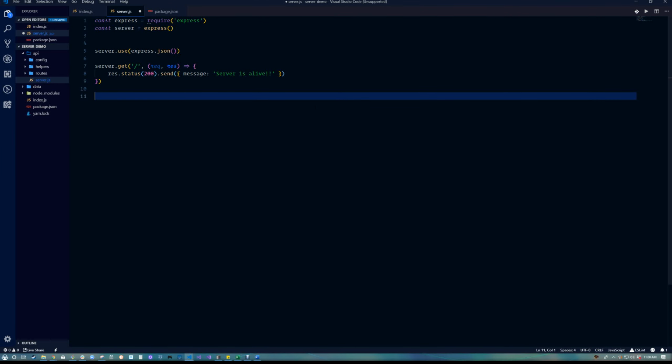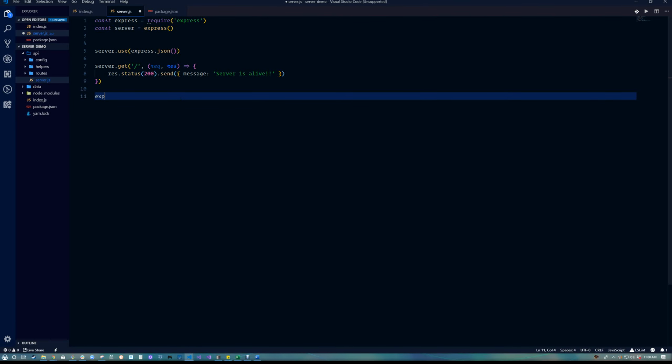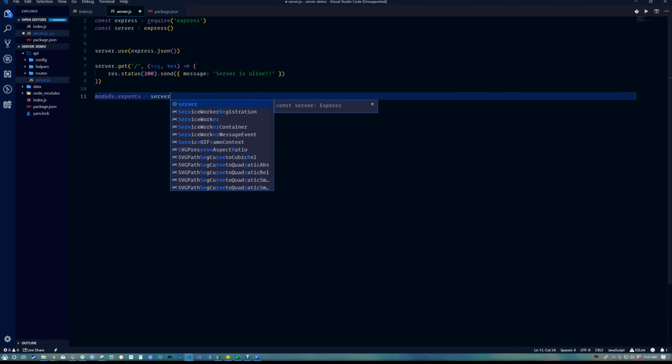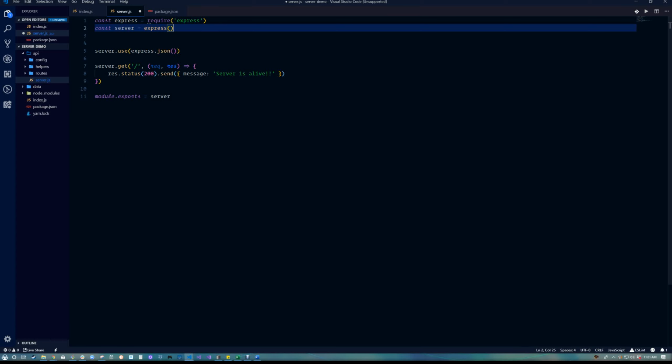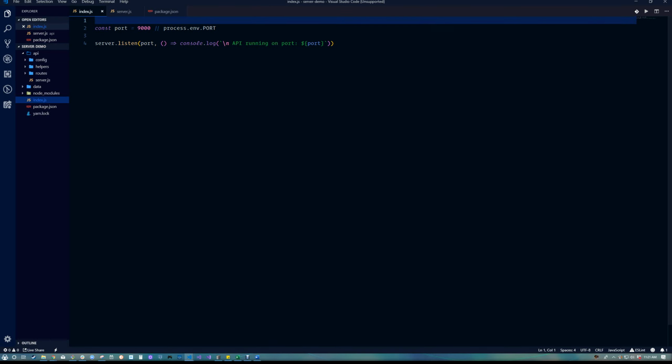So in order to fix that, what we want to export is server. We defined it up here, and we attached a few things to it. We attached the use method over here for the express.json. We attached the get over here, the get request. And so now we need to export that server. So we're going to say module.exports equals server. So basically, like I said, we defined our server here, and then passed it a few middleware methods, and then passed it the get request, and now we're exporting this server that has all of these things in it. So we're exporting that, and then we need to go into our index now, and basically